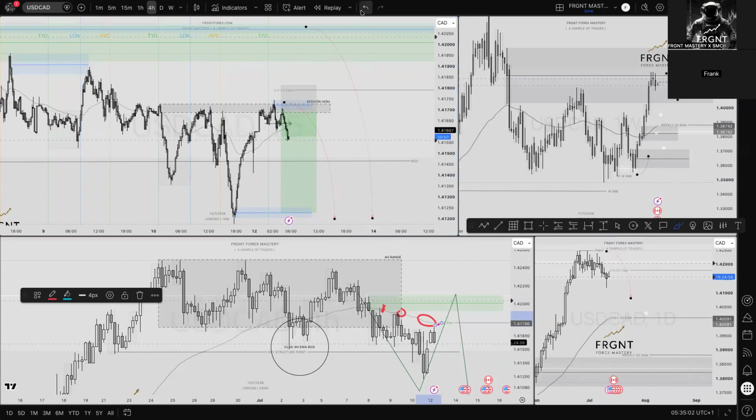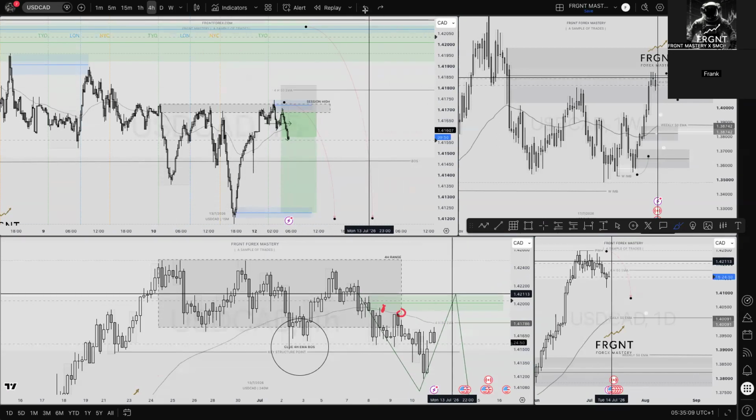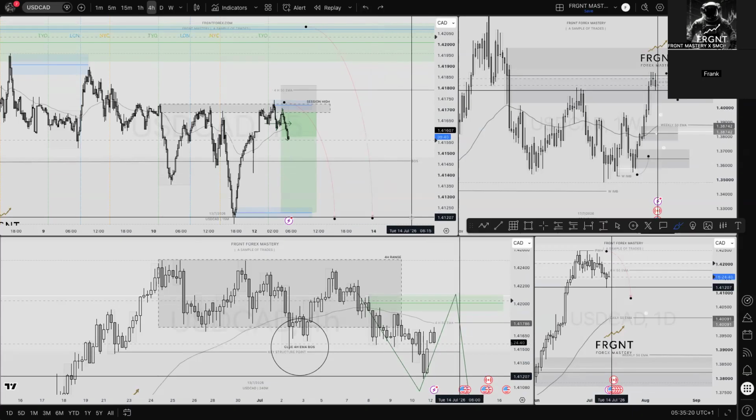Hence why I figured, well, everything aligns with the DXY. It aligns with US dollar CAD. It aligns nicely from this session high. Clear structures are being respected on that 15-minute time frame. The only real question I have to ask myself is, why would you not take that position? Despite the time of the position, it just makes complete sense.